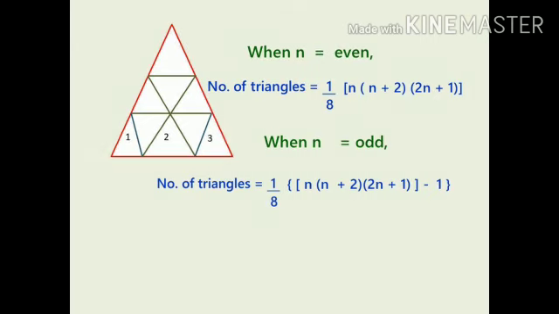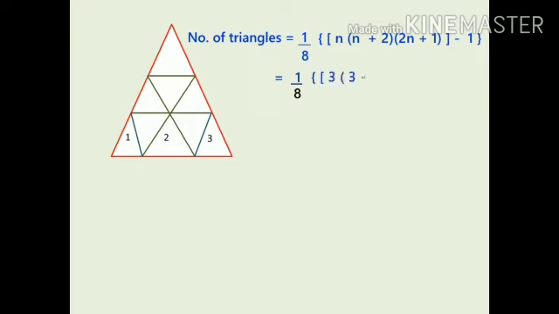If you are going to use the formula method, let's see how to substitute n in this formula. So this is the same image what we have seen before. Here we are having n is equal to 3, that is odd. We have written the formula for odd. If you substitute n equal to 3 in this equation, we will get 1 by 8 inside the bracket 3, another bracket 3 plus 2, another bracket 2 into 3 plus 1, minus 1. If you want to simplify this, you need to know the BODMAS rule. Those who are not aware of the BODMAS rule, just see the link given in the description box below.